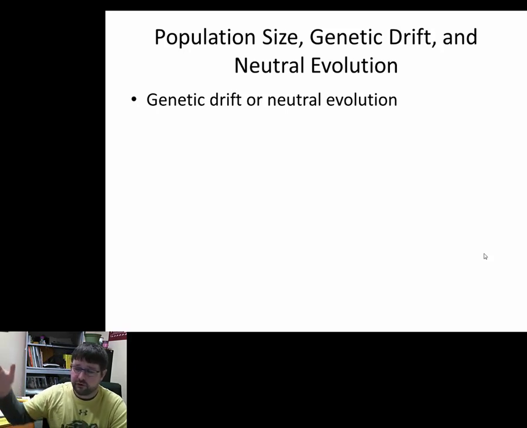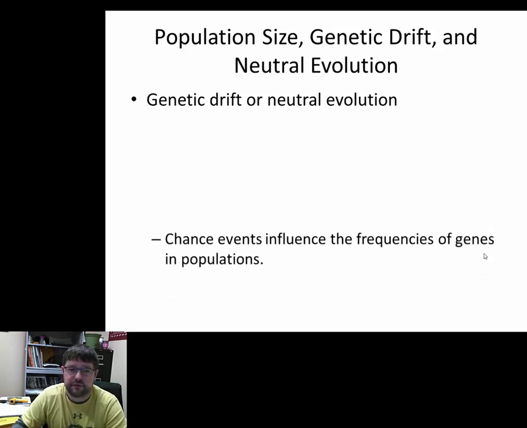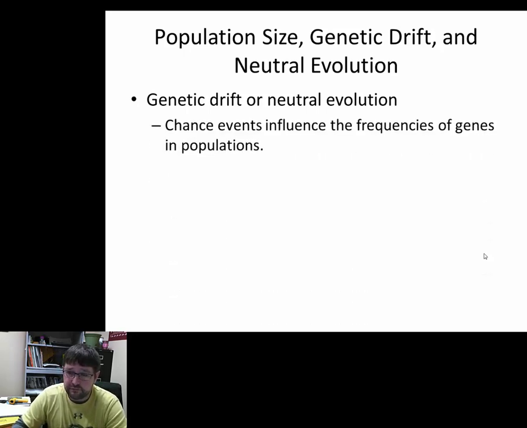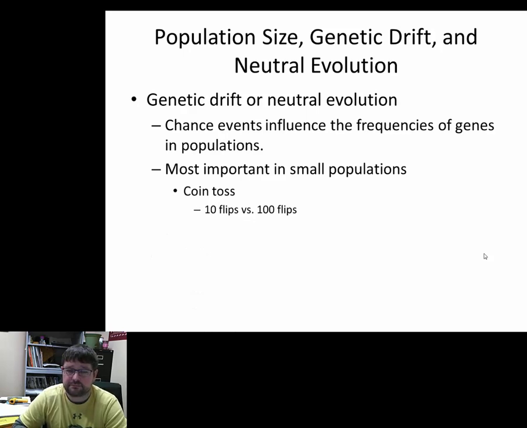Okay, so you can get fixation of all recessive alleles or fixation of all dominant alleles, and you have no diversity in that genotype or that gene. Okay, and so these are chance events. Right, this is just by chance the frequency of genes in the population has shifted. It changes. Okay? Now you can think of this as like a coin flip.